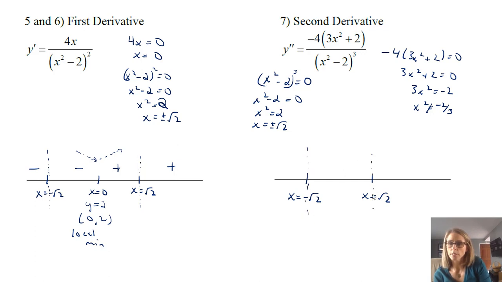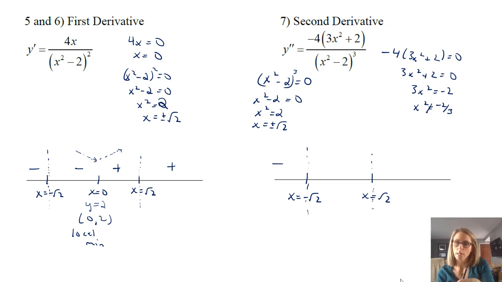Okay, so all that really tells us is that the only place the concavity could change, these are not points of inflection, but any place where it could change would just be on either side of these intervals. So we plug, and again we're plugging this now into our second derivative, we plug in like a negative 100. The numerator is always going to be negative, and the denominator will be the only thing that could change. So if we put in negative 100, the numerator is negative, the denominator is going to be positive, so that's going to tell us that we are concave down.